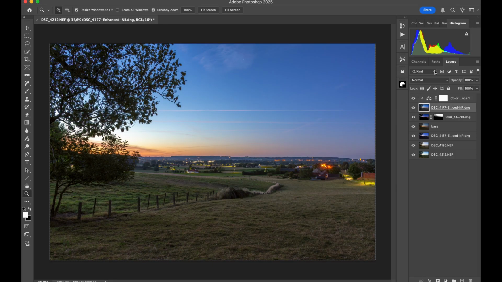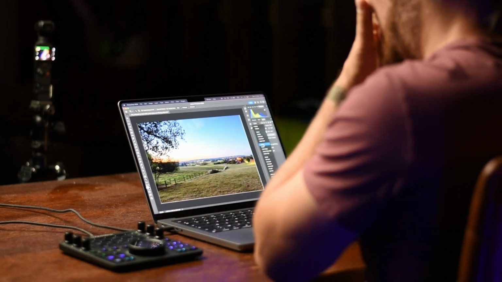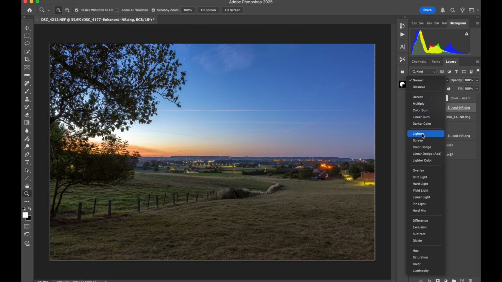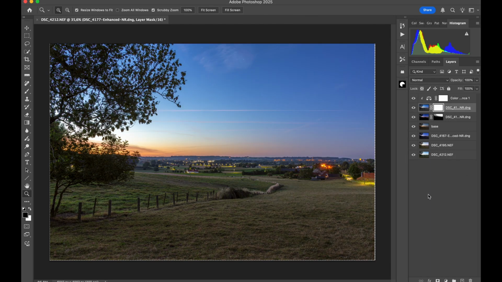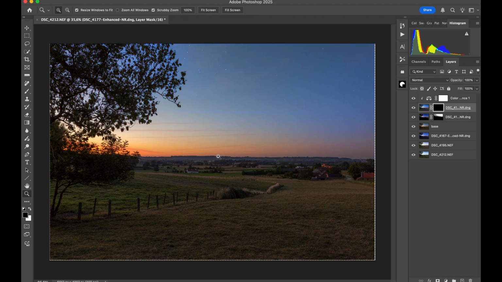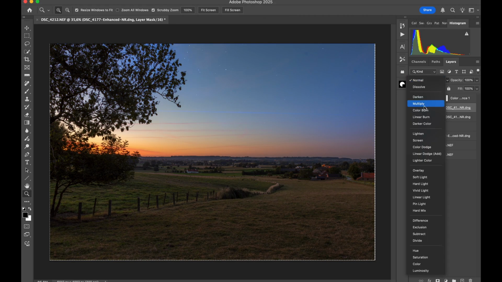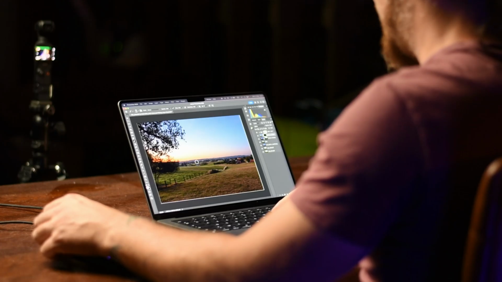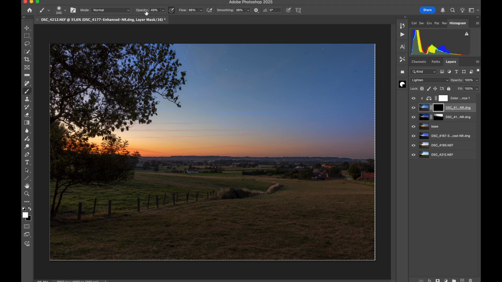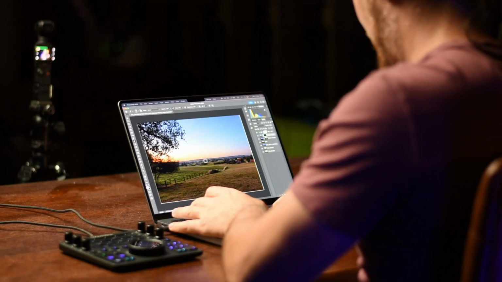Now I'm gonna put this one on lighten and see what it does. So it's a bit too much. I'm gonna leave it like it is. I'm gonna put on a filter on it. I'm gonna make it black. Or maybe I'm gonna use lighten. Sorry guys, I'm just going with the flow and seeing what we can do. I have my brush set on white. I'm gonna change the opacity to 33, flow also the same amount, and now softly I'm gonna blend in the